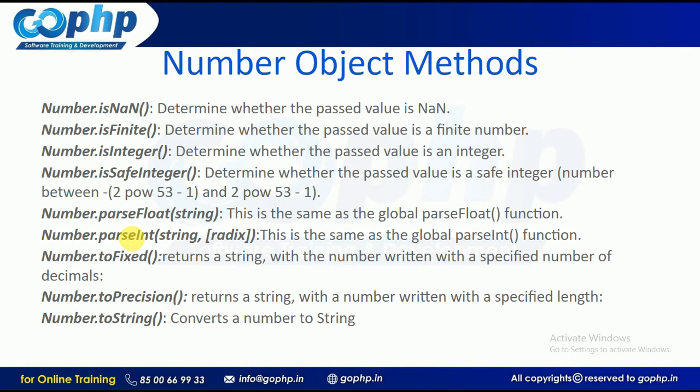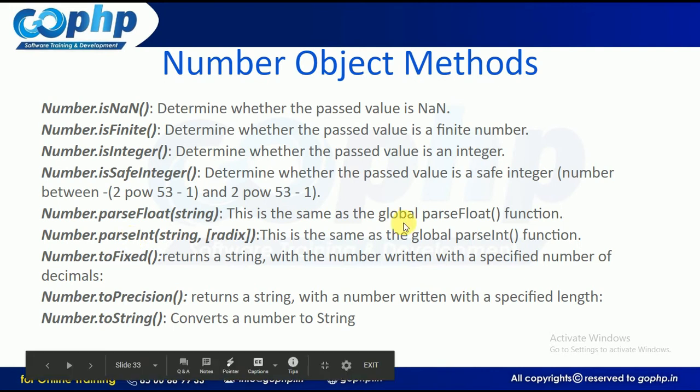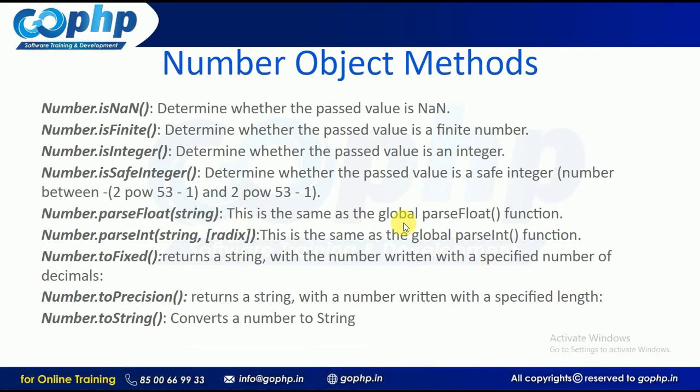In a separate session I will discuss typecasting, guys. There we can see how to convert a number into an integer, integer to number, array to object, object to array, array to string, object to string. These are all we are going to discuss in an upcoming session, guys. Definitely I will prepare a video regarding typecasting in JavaScript. Now let us discuss these methods one by one, guys.